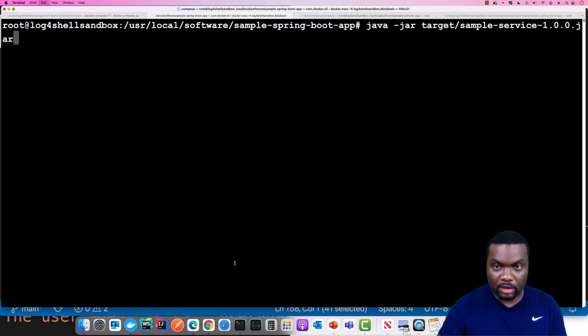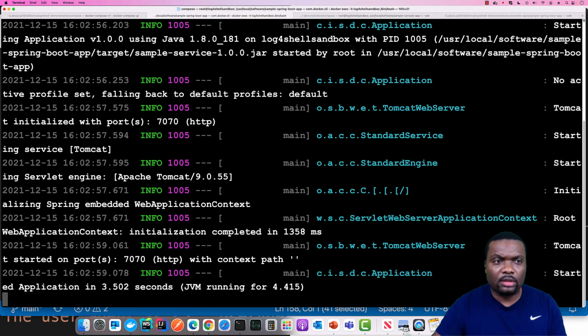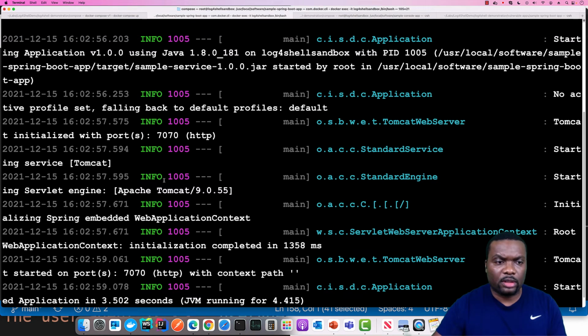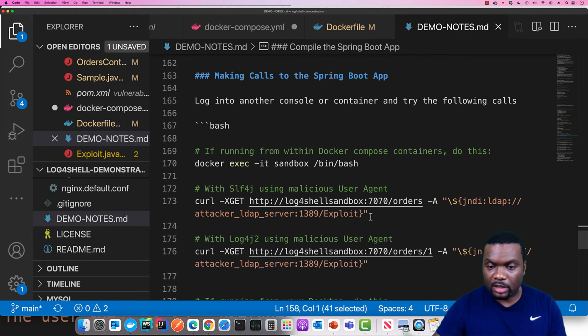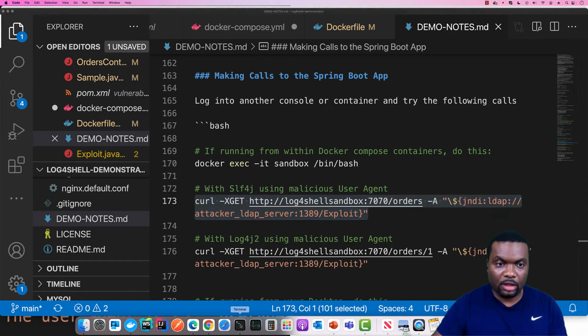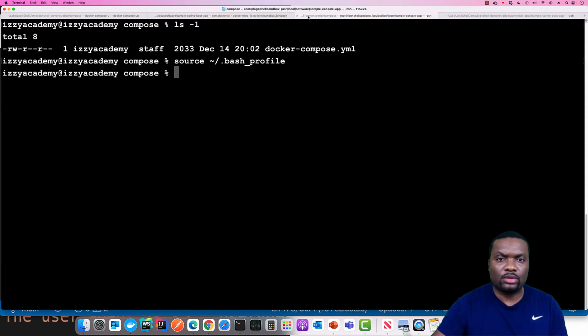So when we run this application, Spring Boot should be loading on a specific port. Yes, port 7070. So once we have that, I'm going to go ahead and send a request to the first endpoint. This endpoint uses SLF4j to perform the operations. So to do this, I'm going to need to get into